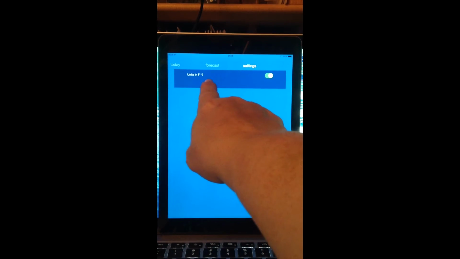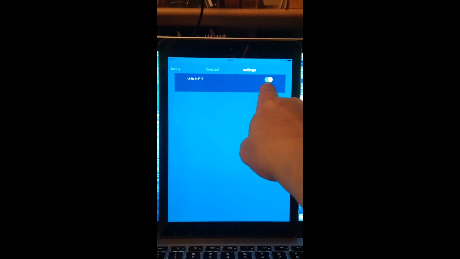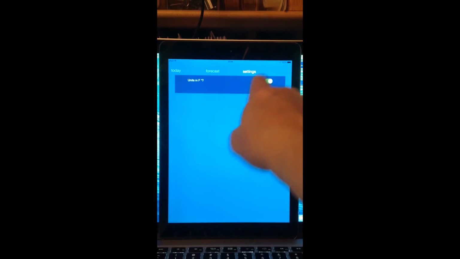If I swipe, I get to my second page, which is forecast, and each one of the blocks is the forecast for one of the 8 periods that are available. If I swipe one more time, I get to a settings page, and this is where the user can change from Fahrenheit to Celsius. And if units in Fahrenheit question mark, it's green, meaning it's on, so units are in Fahrenheit. If I click this,